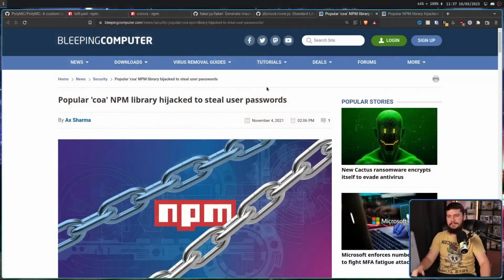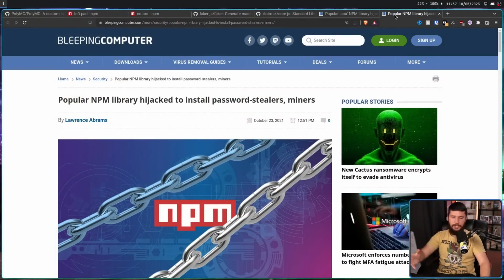Now, one thing to note about Protestware is we generally don't use the term when talking about a compromised project. Things like Koa, RC, UA Parser, and all other manner of projects where developer credentials have been stolen and then things are being pushed to the repo that are not supposed to be pushed. In some cases, a repo may be compromised with the intention to protest something. Usually you'll see this happen in the cases of ransomware attacks and things like that, like say, drivers are stolen and someone's going to release them to the public unless they are made open source, things like that. But generally we only use the term when talking about the actual developers of a project deciding to protest something.